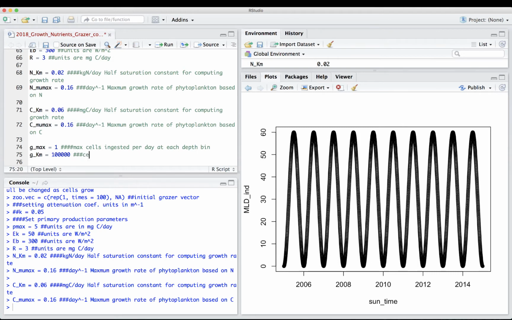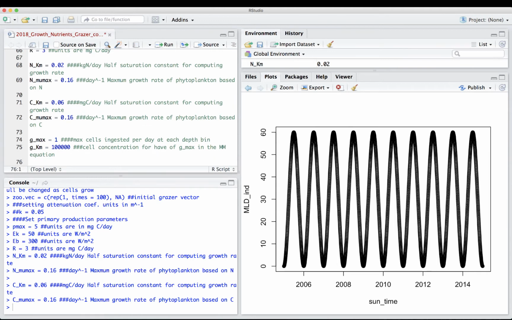This is the cell concentration at half of G max in the Michaelis-Menten equation. Remember, we could use the Michaelis-Menten equation for nutrient uptake, and we're also going to use it here for the feeding rate. All right, and we can also use it for the growth rate of